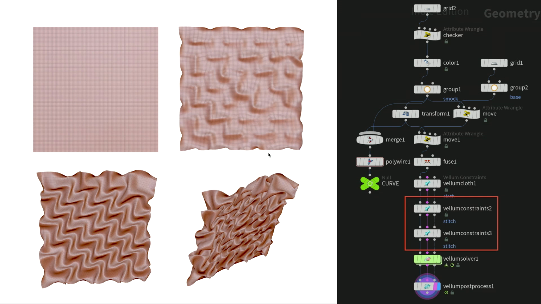I set up custom constraints in the Vellum solver, specifically using stitch constraints or sometimes glue constraints to define the threads' endpoints and control their shrinkage. A similar result could maybe be done with distance constraints as well. The resulting simulations showcased how the thread's shrinkage caused the cloth to wrinkle and form patterns, achieving the desired effect,